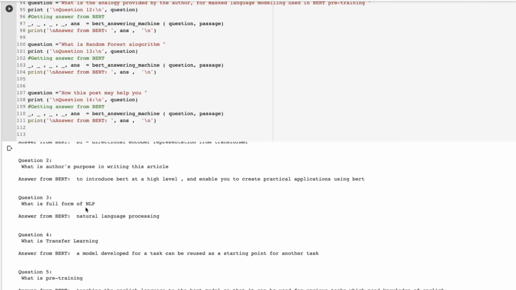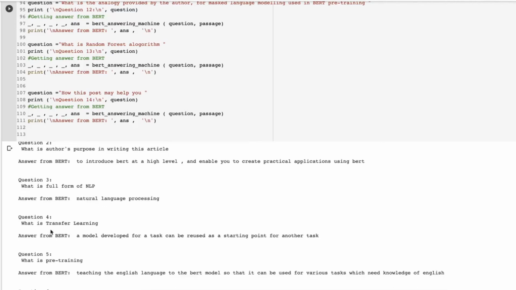What is the full form of NLP? Natural language processing. I put NLP and within brackets natural language processing, so it got the answer. What is transfer learning? Answer: a model developed for a task can be reused as a starting point for another task.